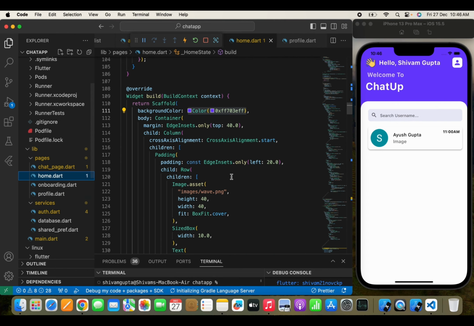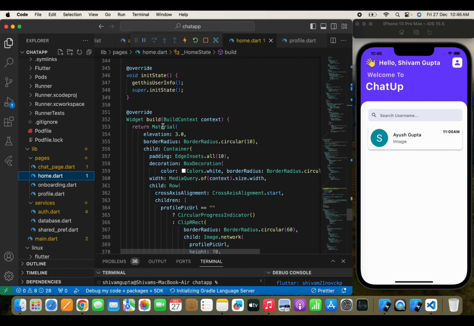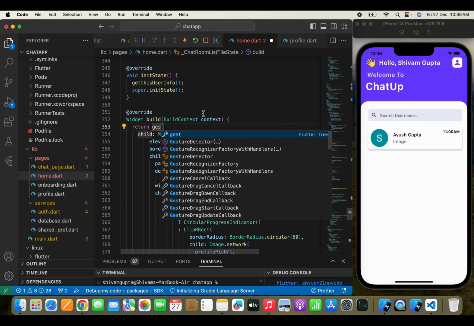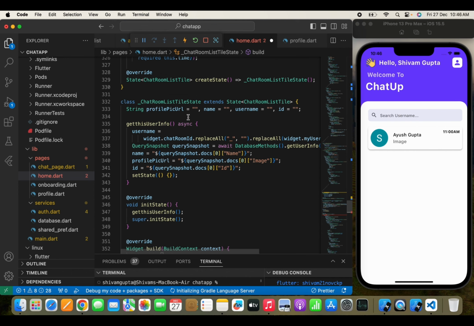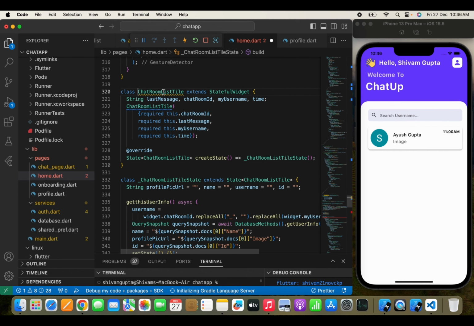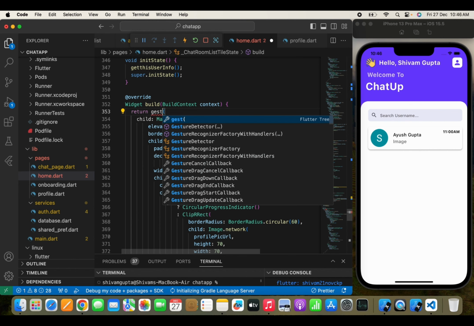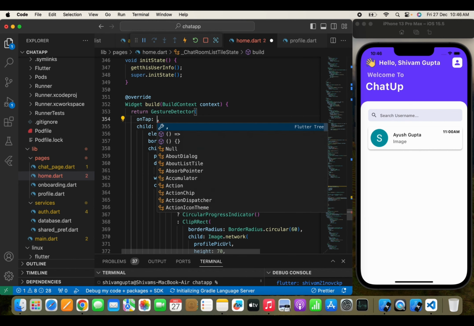Let's move to the home.dart page, and here first I need to move to the material widget, and we need to simply wrap it with a gesture detector. And one more thing, the error that we are simply getting over here is because we have added a scaffold. Now make sure that you are passing a chat room list style in the widget, so that's why I removed the scaffold from here, and here I'll just write a gesture detector, and in the onTap method we'll directly push the user to the